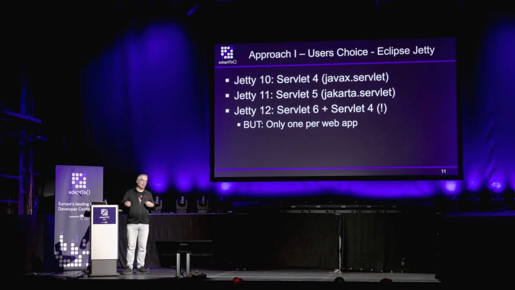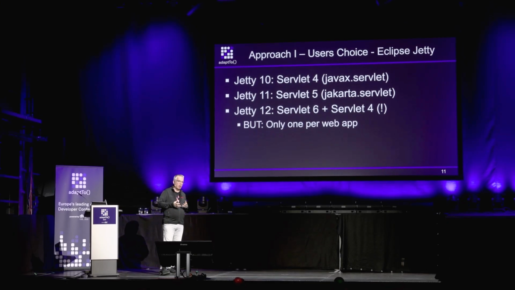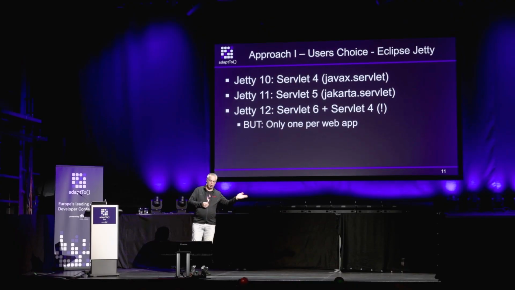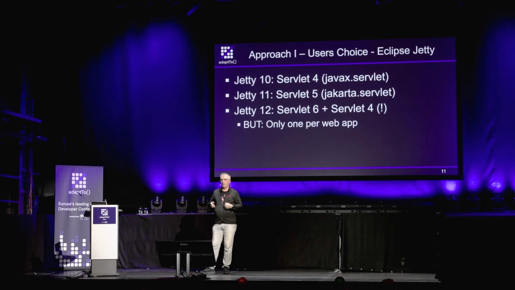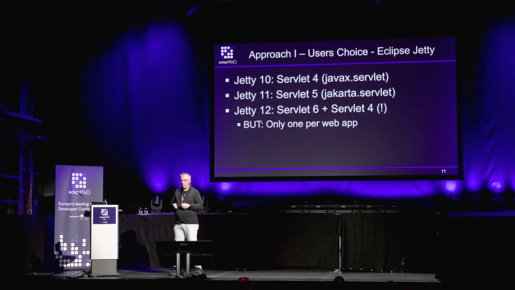So you have these things, which are basically incompatible changes, and how can you deal with that? If you look at the ecosystem around that, how did they manage with that change? For example, if you look at Eclipse Jetty, right? There's Jetty 10 supporting Servlet 4, which is still JavaX based. Then they came up with the 11 version that supports Jakarta Servlet. So you have to pick and choose what you want to use, and then adjust your code accordingly, right? You can't mix and match that. You're either on the old stuff or on the new stuff.